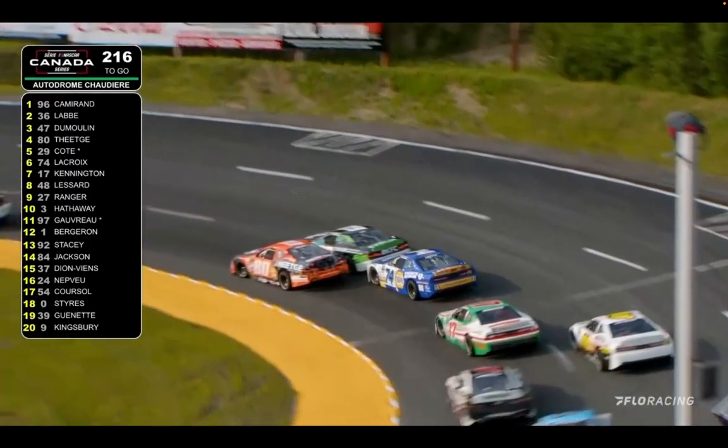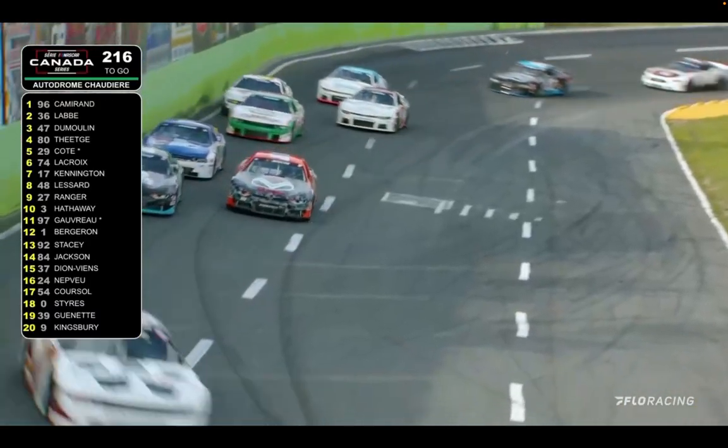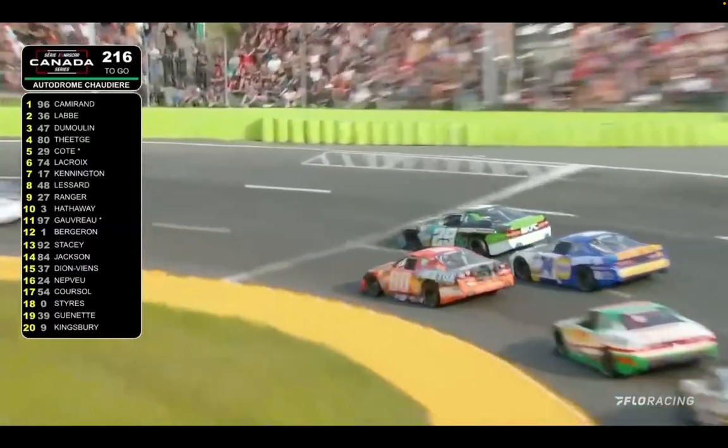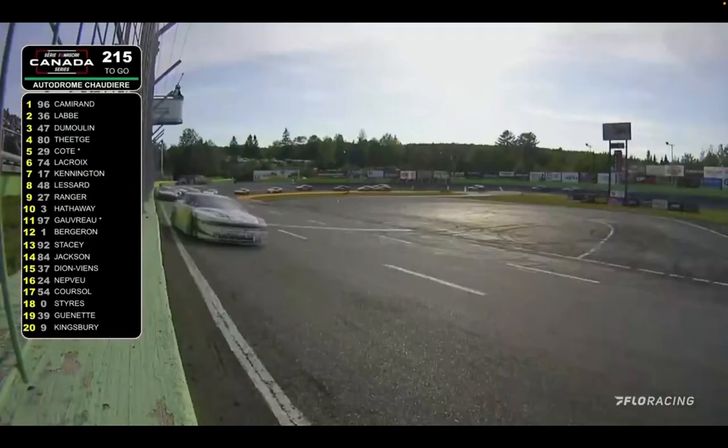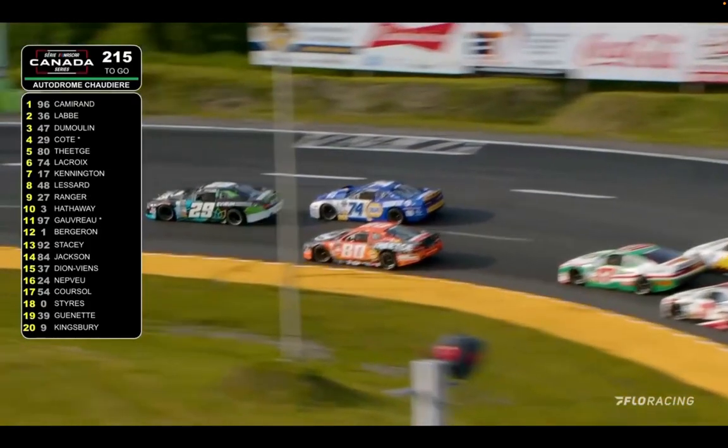Well, Cote banging that right rear off the fence once again. And one thing you always said many years ago, Adam, you want to win, race where they're not, and that's exactly what Cote has going on today. Yeah, it's an unorthodox line, but it's working very well for the driver, that number 29, as he's taken over